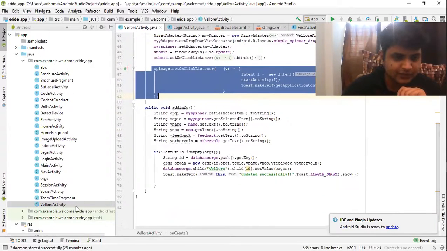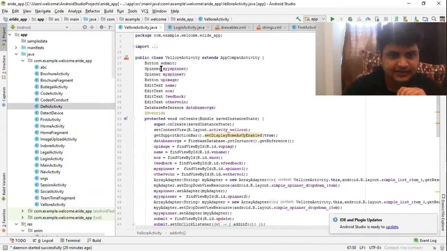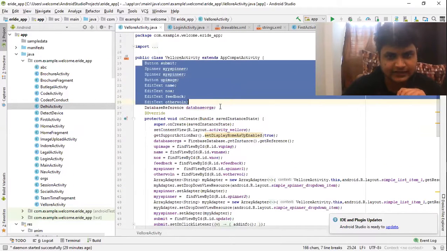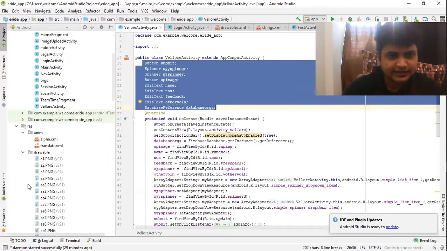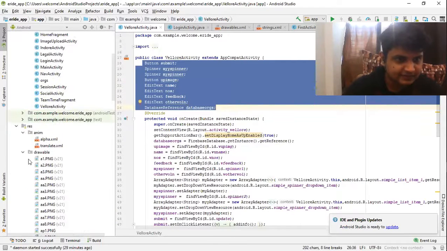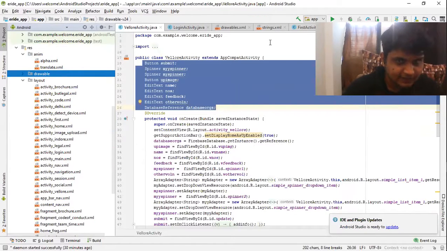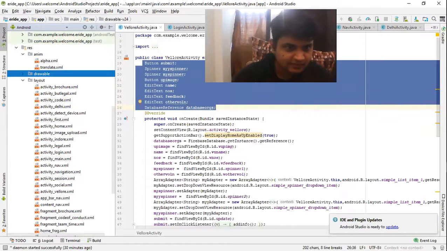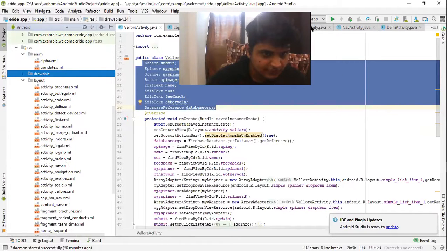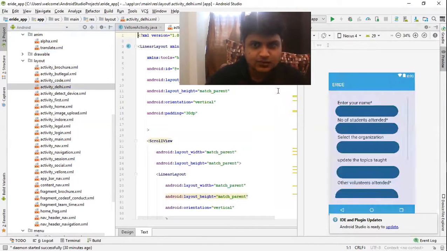So each of the 3 components, Vellore, Delhi, and Indore, have the same functionality. Each of the volunteers will be giving the following details, for example you can see here. So in the XML part, I'll be going to the XML part, and you can see this here. So suppose I'm going to daily activity. So you can see here